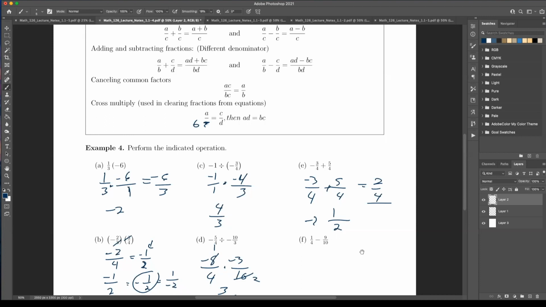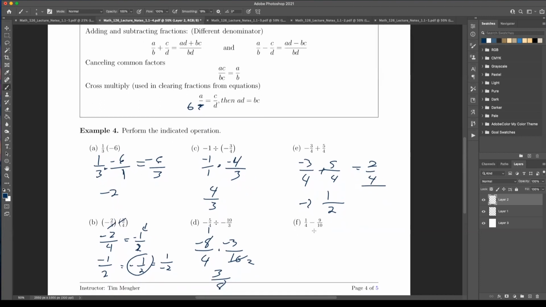The last one here is this. And so according to what the book has asked us to do, we're just going to multiply across. And so I'll multiply this by 4, this by 10, and proceed to do what I need to do. But notice here, I can go to 20. Both of those go to 20 real easily. And so let me explain my thought process. I want to do this and leave a lot of room, so I'm going to leave some room here.